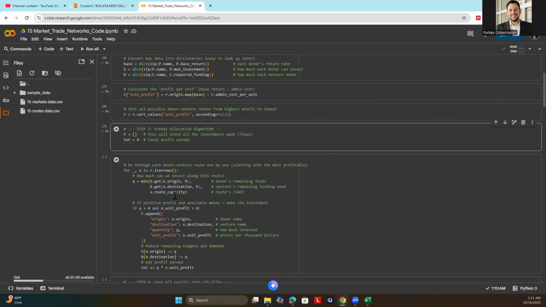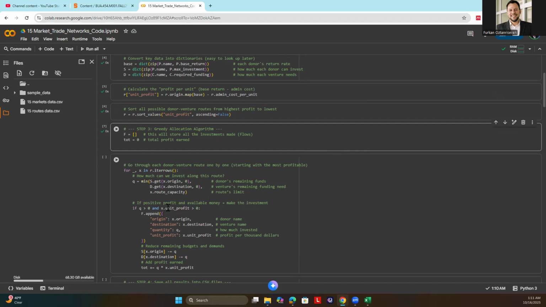And finally, we'll look at the route capacity, and whichever is lowest will determine the next Q. If the Q is positive, and there's still capacity in these constraints,